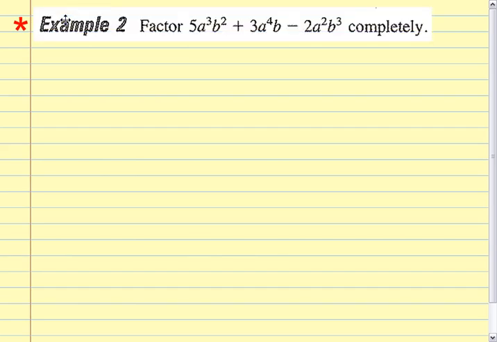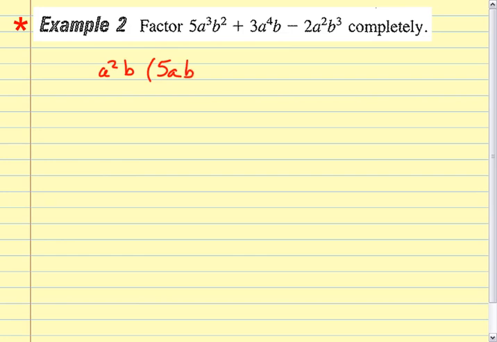Okay, folks, example number 2. It says factor completely. Okay, factor completely. So, very first thing, is there anything that I can take out? Well, first thing I'm going to look for are numbers. Are there any numbers I can pull out? No. Are there any variables that I can pull out? Okay, tell me what those variables are. A squared, they all have at least that much. And what else? A squared b? Okay. So that's going to leave me with